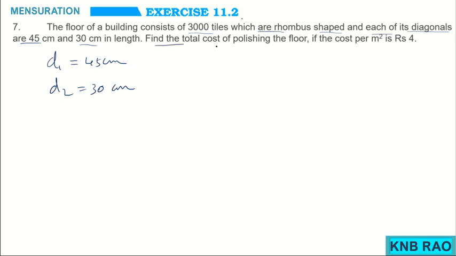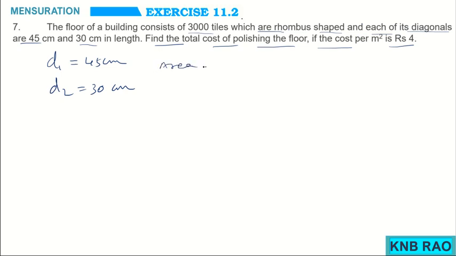Find the total cost of polishing the floor if the cost per meter square is rupees 4. Children, here 300 tiles are there in that floor, but I know only the diagonals of one rhombus. That means first we will find